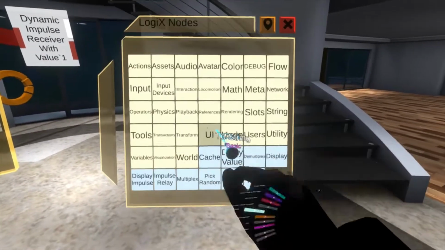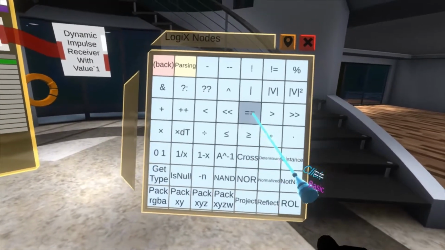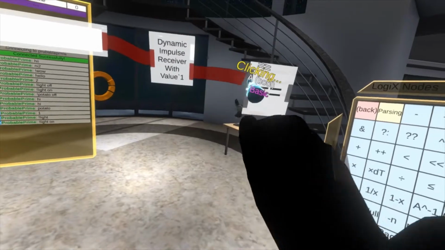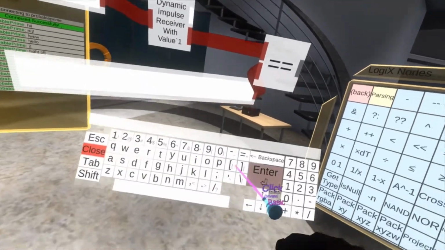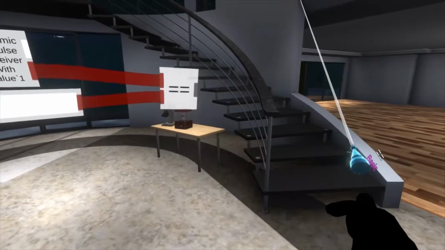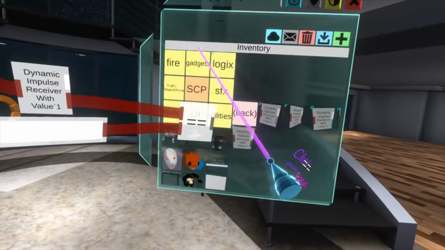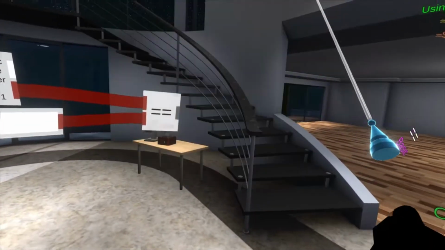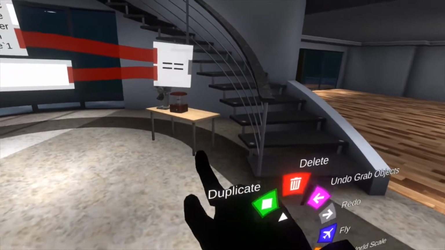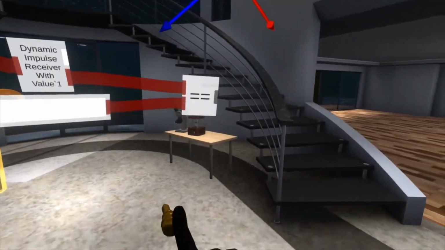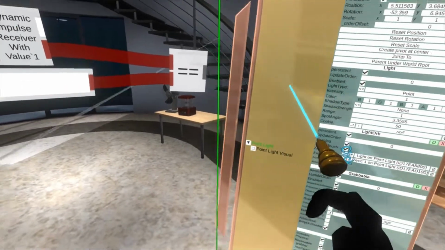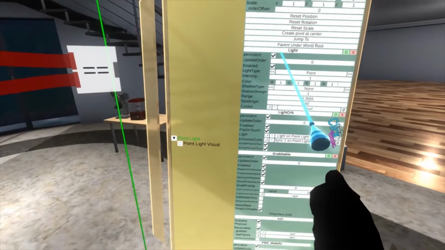So now all we need to do is take operators, equal, and say, does the incoming message value equal on? And then we write that to a light. I don't have a light, so I'm going to quickly make one. Here's our light type again. We're done with that. And inspect the light. Jump to the top, pull the interface,